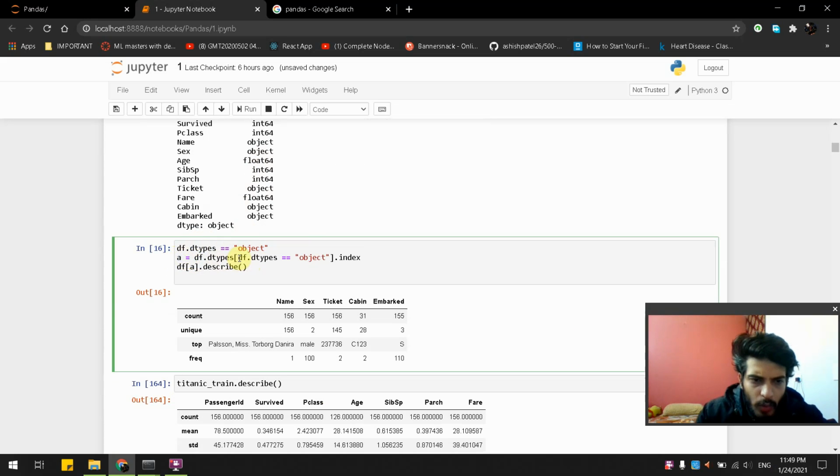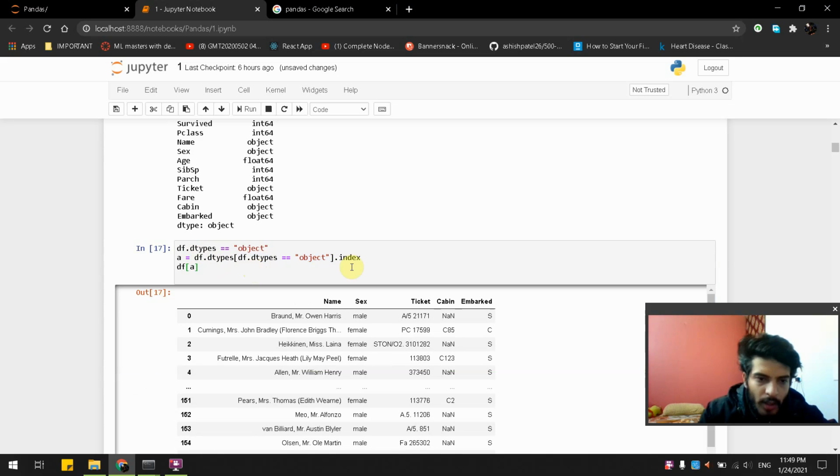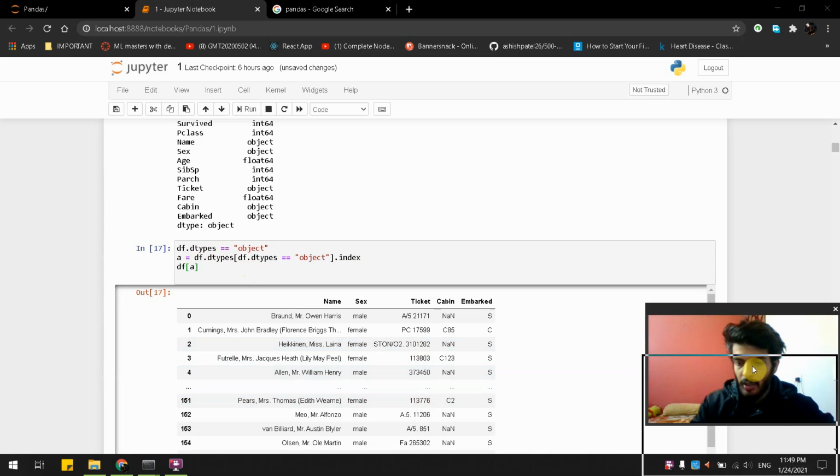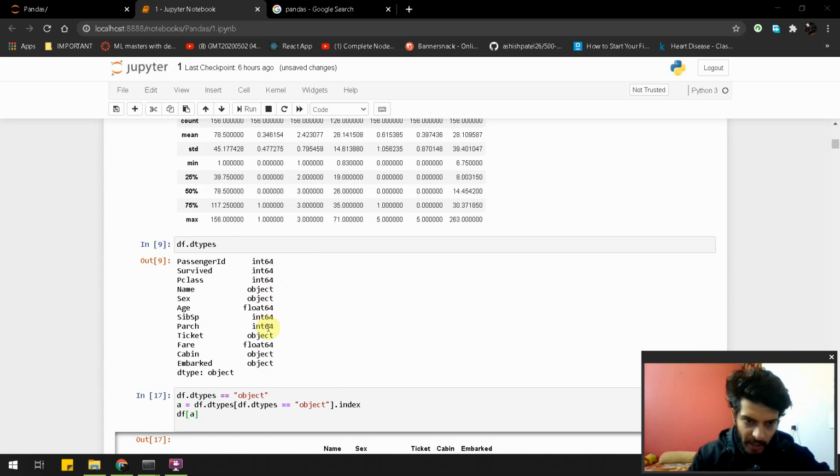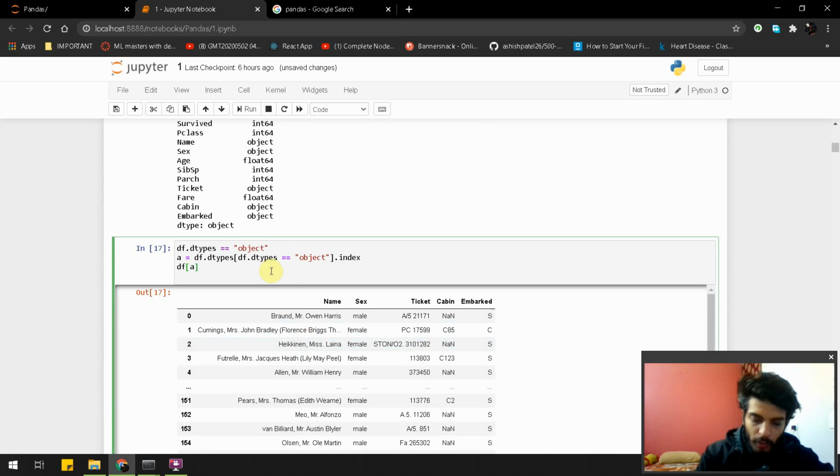So we are putting it here, and then df.dtypes and .index will show us the data frame which has the columns having only object as a data type. And if you want to describe our data frame, we have another function called describe.